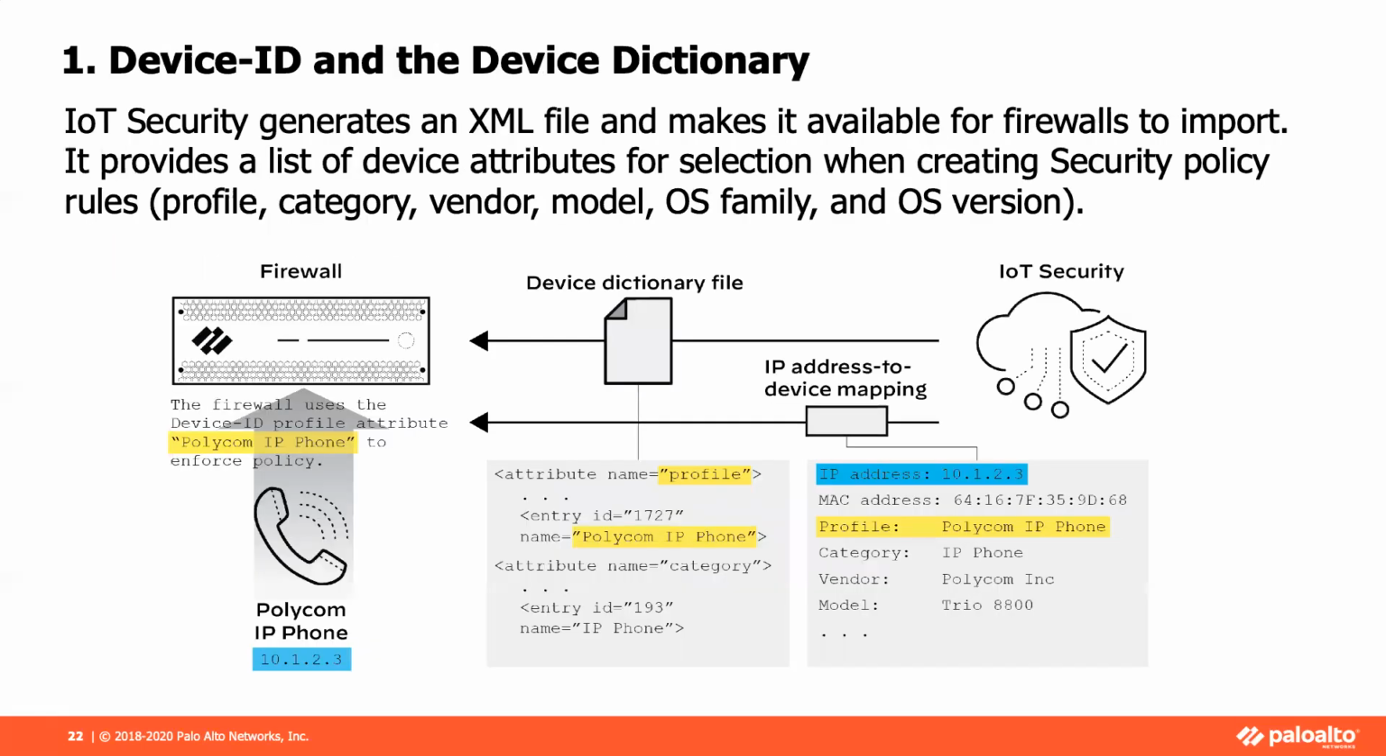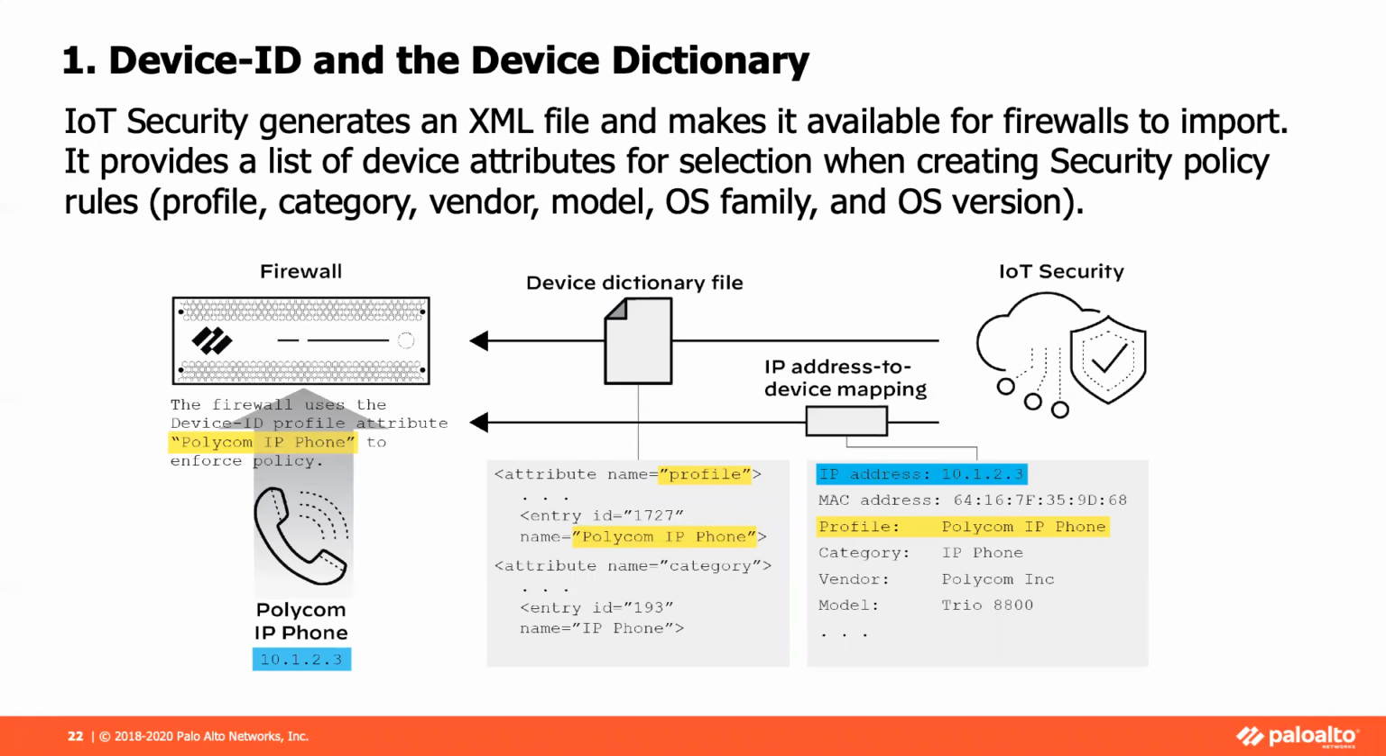So as I said, this dictionary is an XML file that's available for Prisma Access or firewalls, any PAN-OS device, to import. And it gives you a whole list of device attributes: device names, device types, operating system types, and things like that. So as an example,